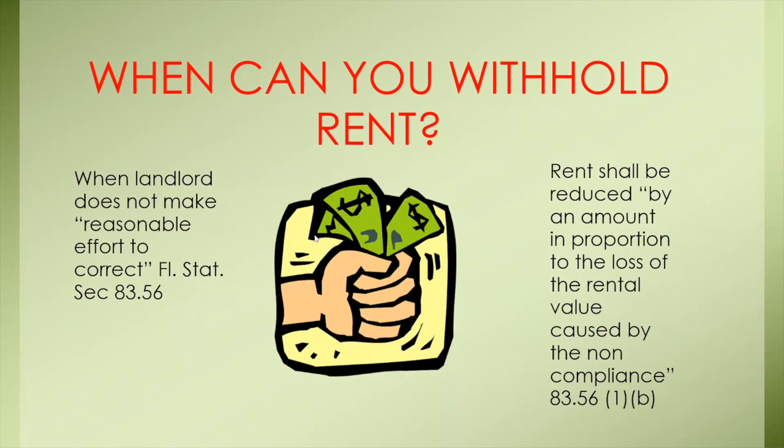And if you are unsure about whether or not you can withhold rent, you should definitely contact us. Note also that the statute says that rent shall be reduced, quote, by an amount in proportion to the loss of the rental value caused by the noncompliance. Again, rental value, market value, those are all determined by market forces, and whether or not the amount that you want to reduce your rent by is in proportion to the loss